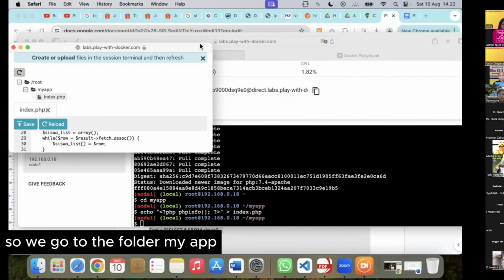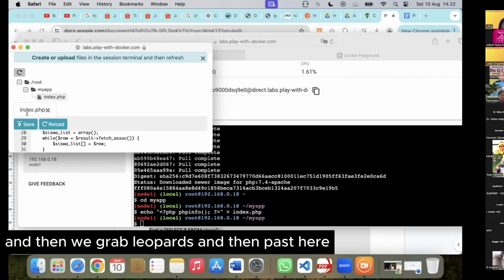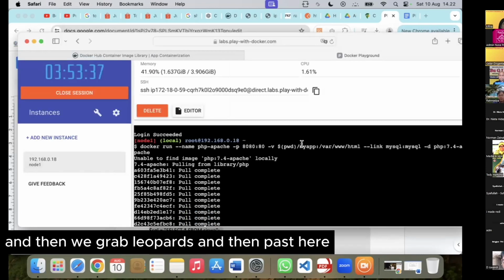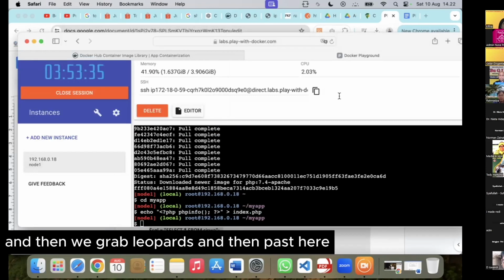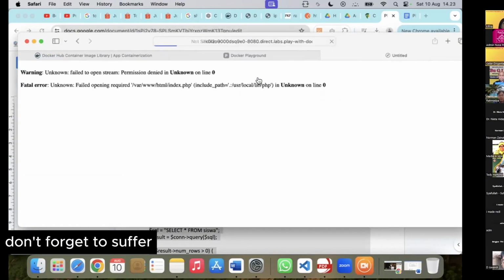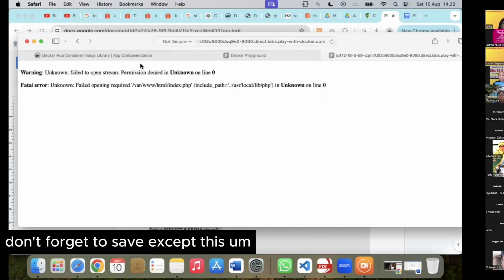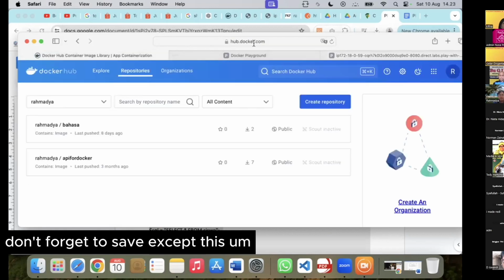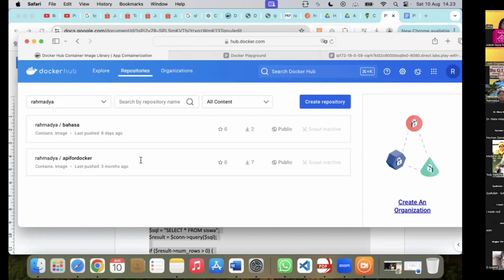So we go to the folder my app, and then we create, delete first, and then paste here. Don't forget to save this index.php.